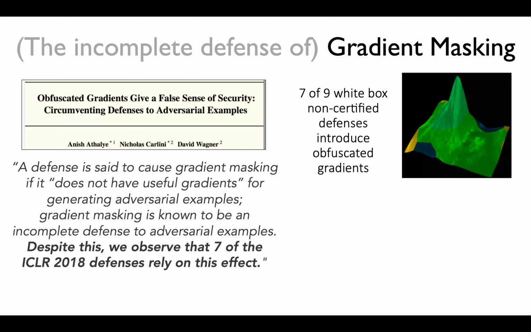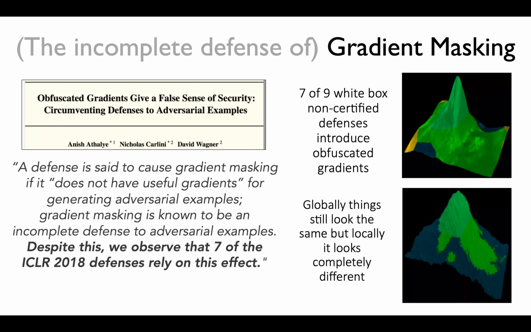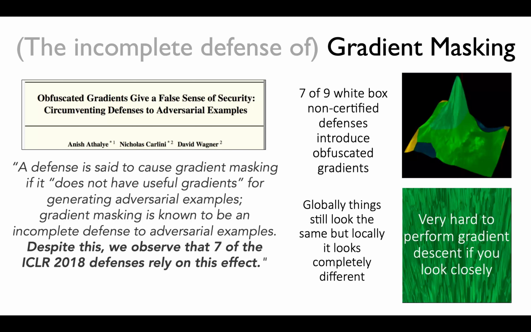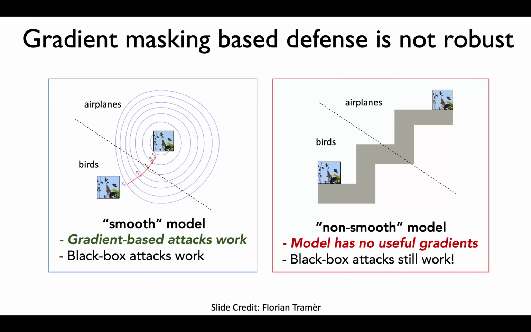You replace it by something that looks like it if you view it from far away, but once you focus in on different parts of the figure, you find that they are not very smooth, and it is difficult to perform gradient descent or gradient ascent on this. So this is the approach taken by gradient masking, but this has been defeated by creating alternative models, or even there are now techniques that are gradient free. They don't make use of gradients for launching attacks. So this is also shown here.